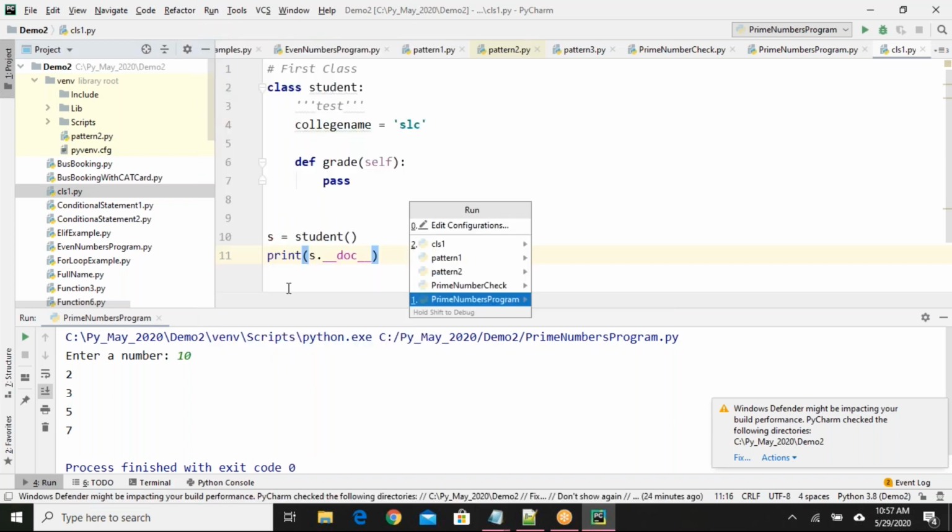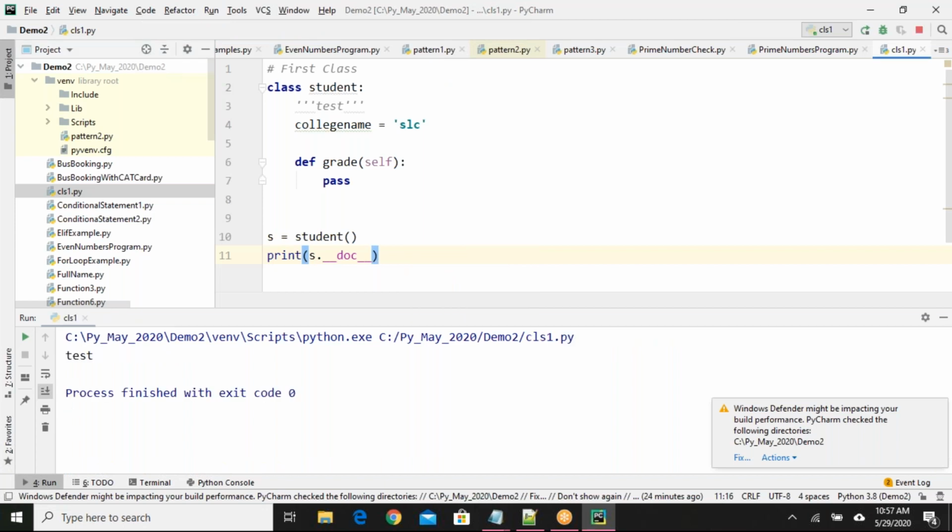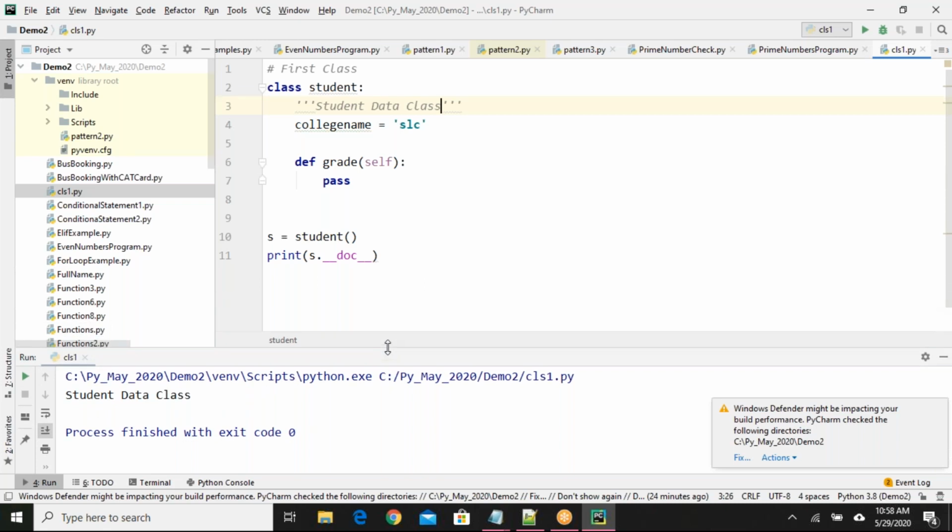So if I run this, see here, I got the text. The text is coming from here. Instead of text, you can provide some description here. Student data class, something I'm providing. It's like a description of the class, so that when somebody is consuming your class, they can understand it and get some basic idea.